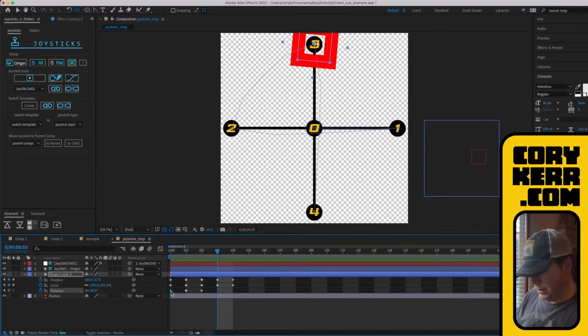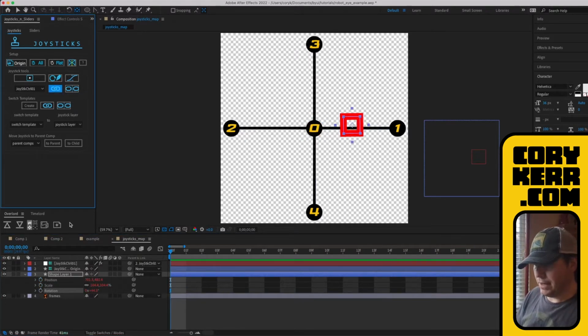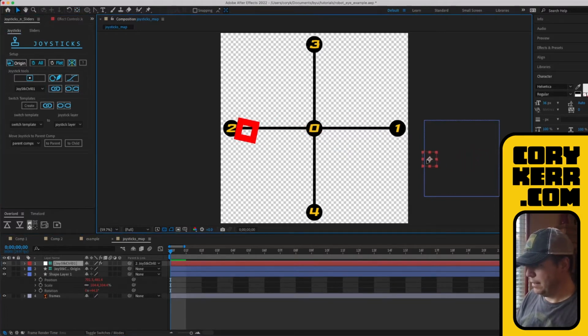And then I'm going to copy the origin point there. Okay, and then I can take all of those again, select the keyframes I want to bind them back to that. And now when I move it, it rotates as you go back and forth, and it gets bigger or smaller as you go up and down.